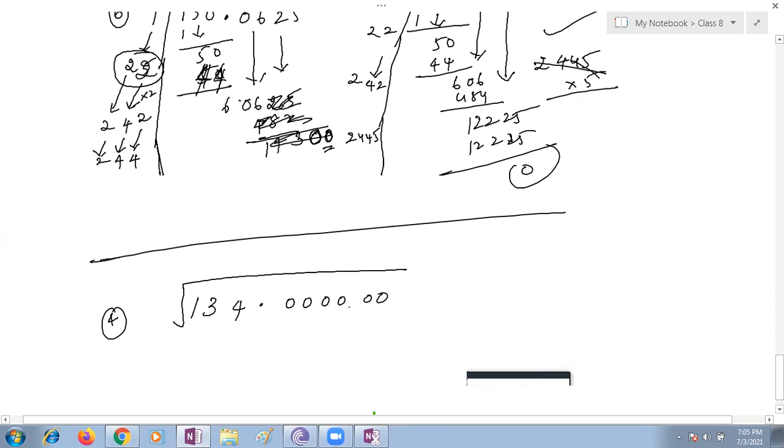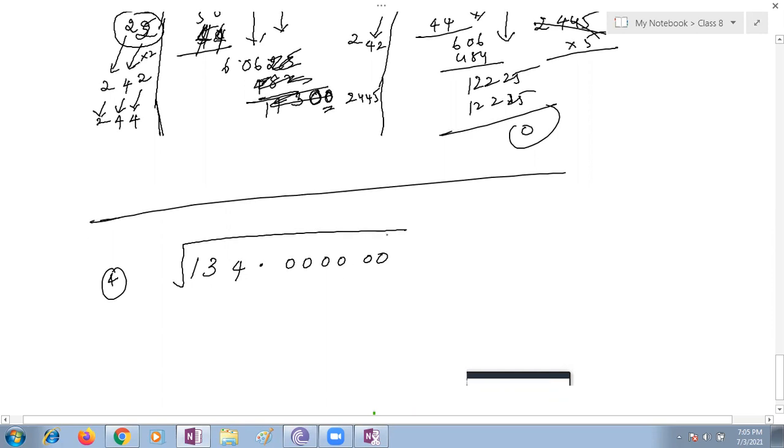Ma'am, it's simply 134, no? But it is in square root, no? Ma'am, but we can consider it as directly 134. I don't know. Whatever you want to consider, please do it. That's why I gave the bit. Please try it. What happens? Please see and get with your answer tomorrow.